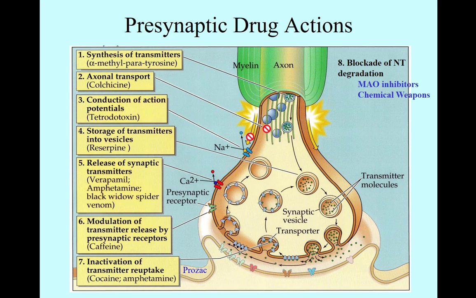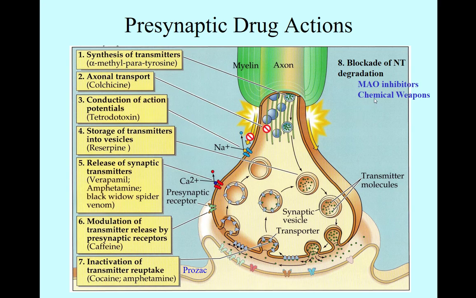The other way it can happen is if enzymes break them down into smaller parts and then they're taken back up. This is where monoamine oxidase, the MAO, is the enzyme that does that for all the monoamines, and the inhibitors block that, right? And we talked about how blocking all those can cause increased side effects. So we can blockade neurotransmitter degradation and prevent reuptake this way via MAO inhibitors or